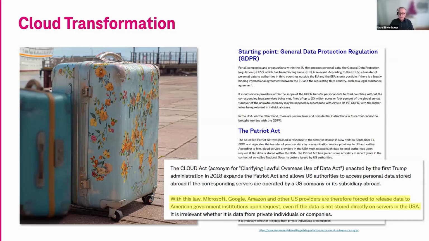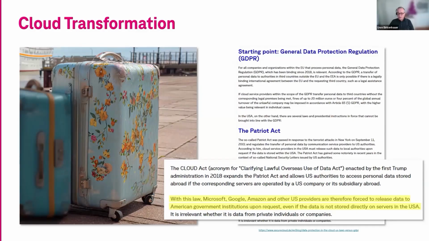You will remember the famous Schrems 2 legislation, where someone challenged this and the court said, yes, you're right. You cannot rely on there being no data breach, because the Cloud Act not only allows, but forces American-based companies to provide data on request regardless of where this data is located, and it doesn't even matter if it's from individuals or from companies.